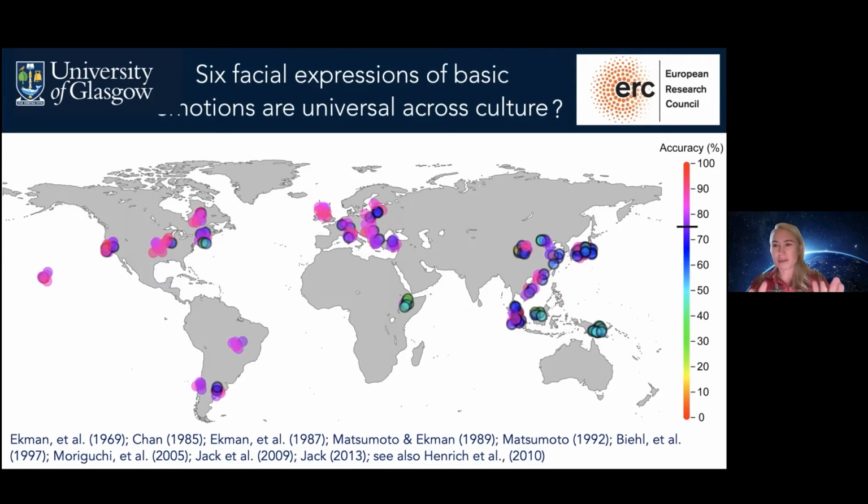I've chosen this 75% accuracy as a kind of reasonable level of what would be considered typical accuracy. Oftentimes in studies, chance performance is used, but in a 6 AFC task such as this, chance performance is something like 16%, so most of the time you're getting it wrong. So that's a pretty low bar. So here we've chosen one that's a bit more realistic. And as you can see, there's quite a lot of variation across cultures with respect to these particular facial